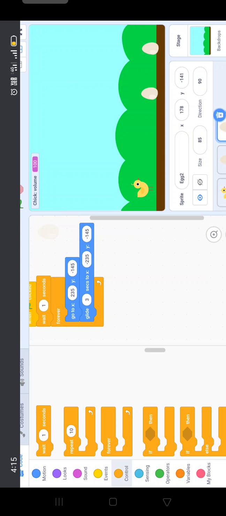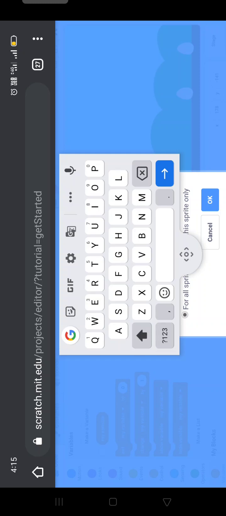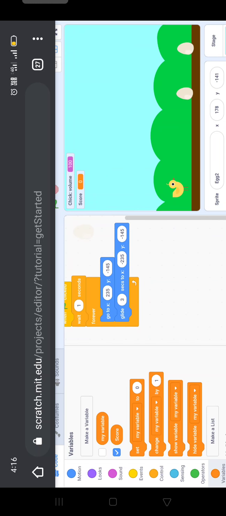Okay, now last fifth step, let's add score. Okay, to add this, let's make a variable. Go to variables here and make a variable called score. Okay, score.